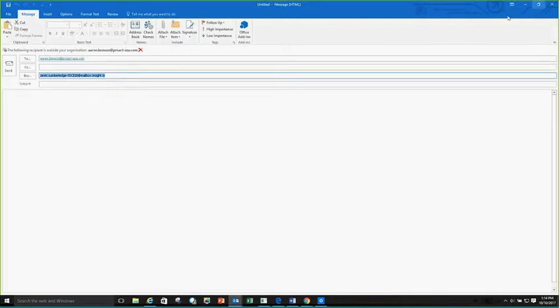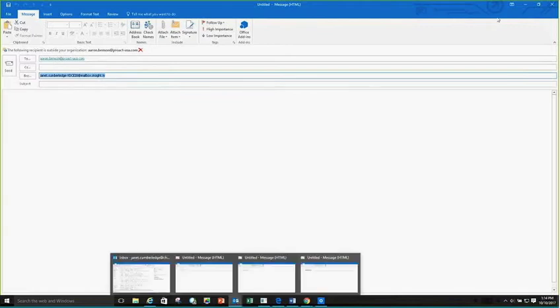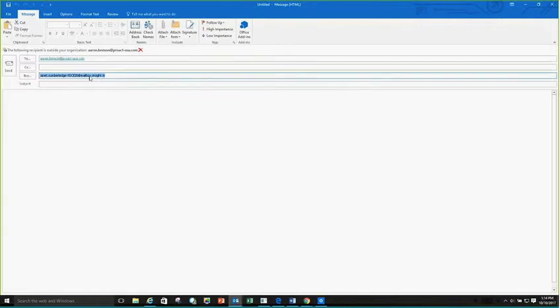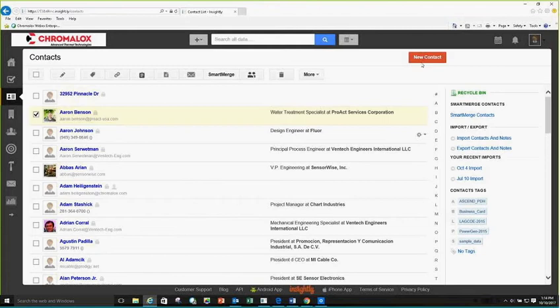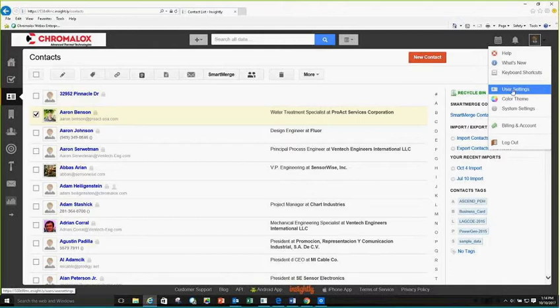Now, if you were initiating an email from within your regular Outlook account, so if I was in Outlook, I would just want to put in this BCC email address, so paste that into here. So what I recommend that you do there is that you add this BCC email address to your contacts. So let me show you where you can find that in Insightly so that you can quickly add it to your contacts. So back in Insightly here, if you click on your picture and then go down to where it says User Settings,